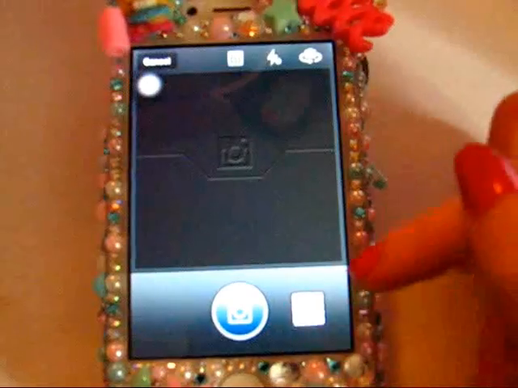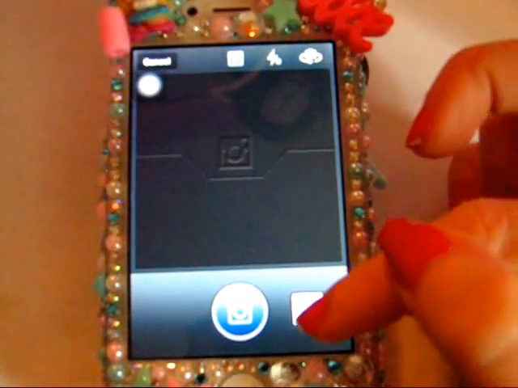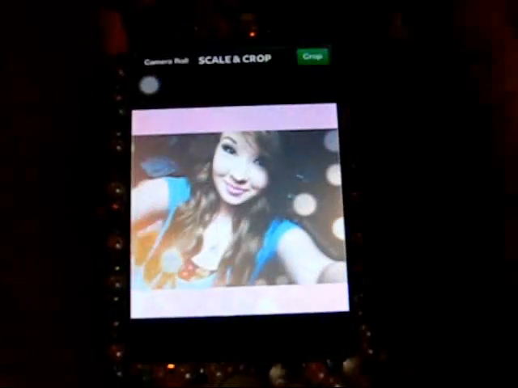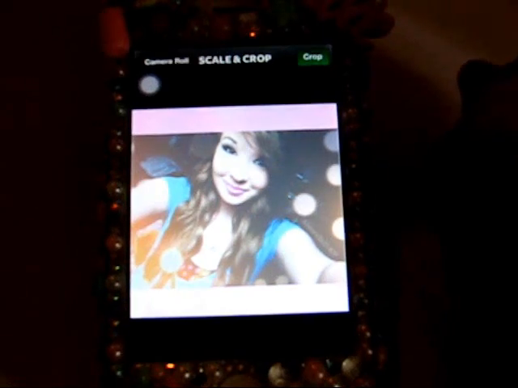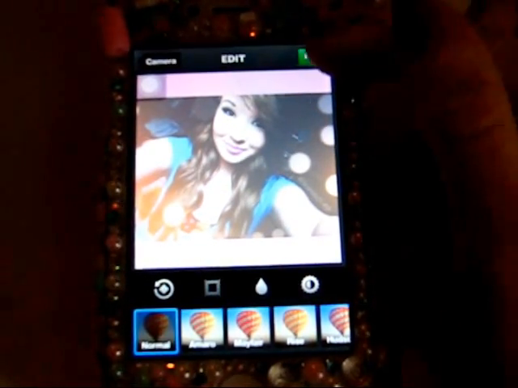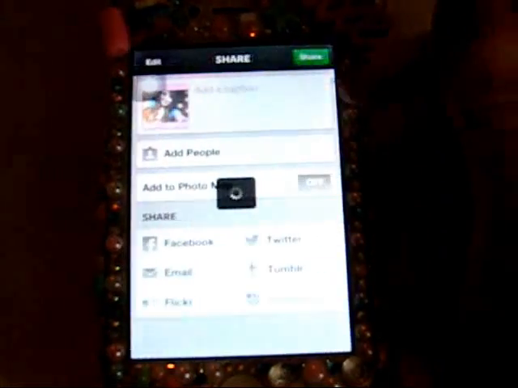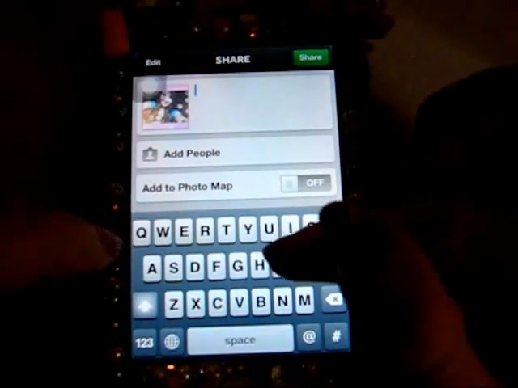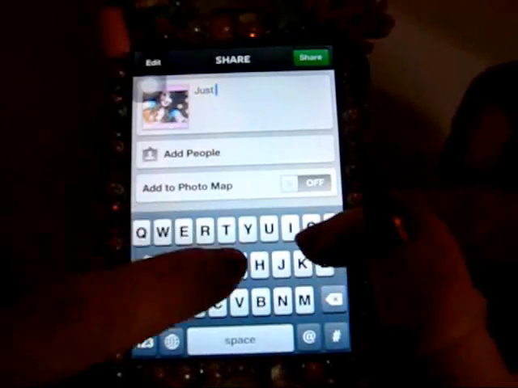All right, and then we have pick from gallery. I'm assuming y'all know how to do this, but I'm just going to pick the most recent one, and then I'm going to crop. I don't add any other filters, so that is the trick. I do not add any other filters to my photos, and then I'm just going to say